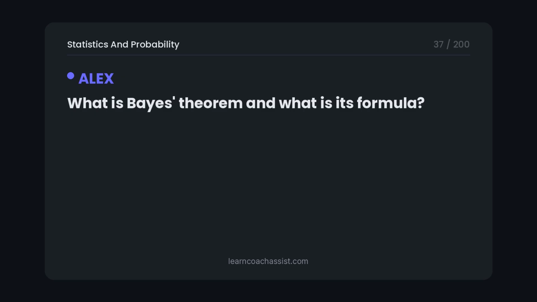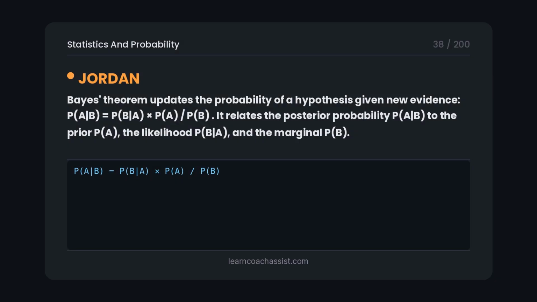What is Bayes' theorem and what is its formula? Bayes' theorem updates the probability of a hypothesis given new evidence. P(A|B) equals P(B|A) times P(A) divided by P(B). It relates the posterior probability P(A|B) to the prior P(A), the likelihood P(B|A), and the